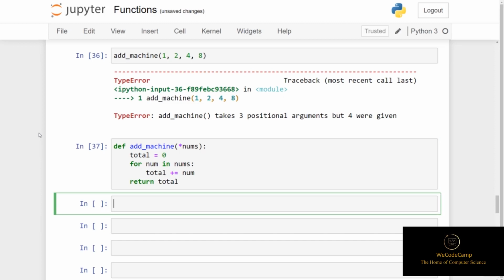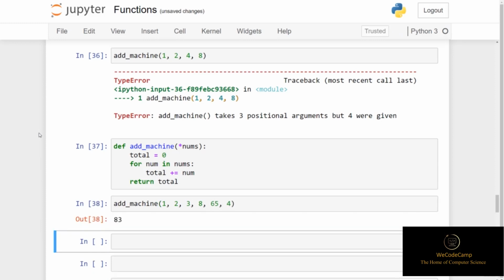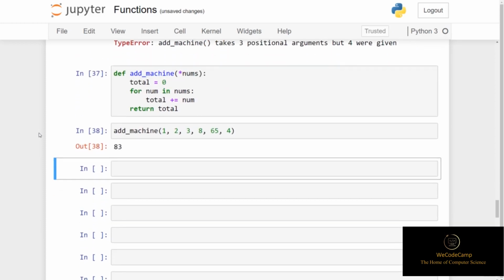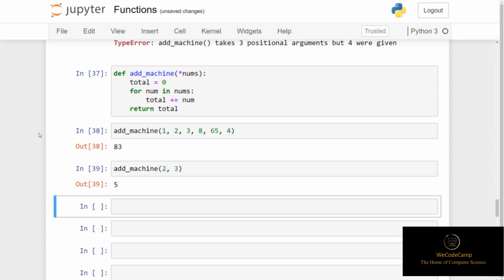When I now call add_machine and then pass in some numbers, so let's pass in 1, 2, 3, 8, 65 and 4, you can see we get the result 83. And if I simply pass into the add_machine function the numbers 2 and 3, we return 5. So we are providing the add_machine function with a different number of non-keyword arguments, but the function still operates as